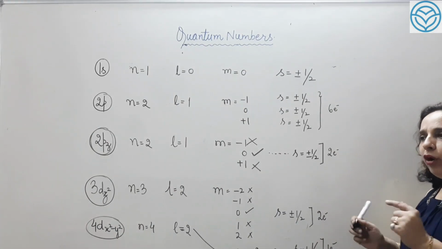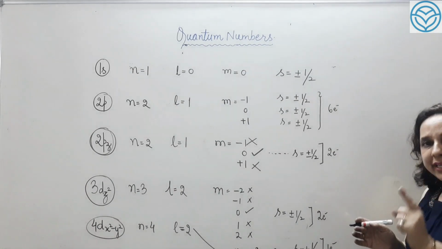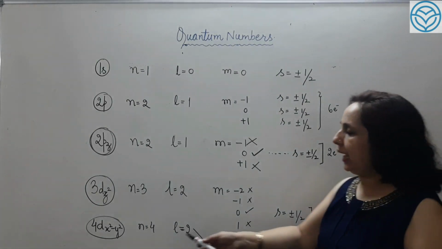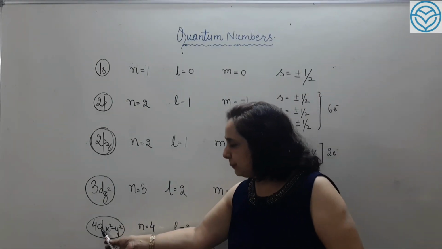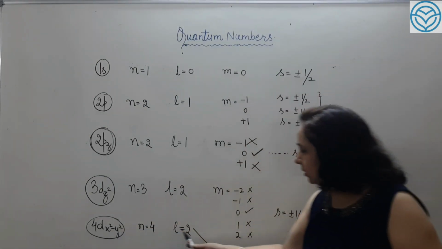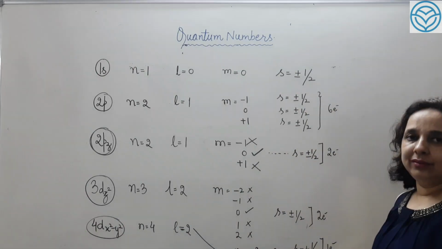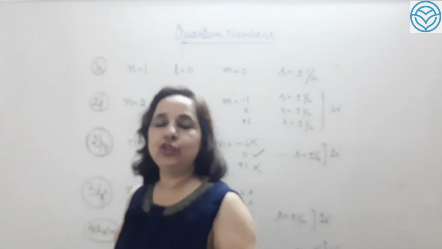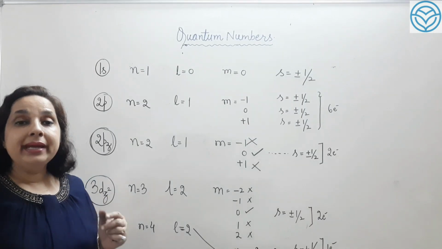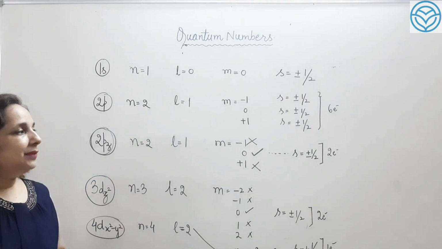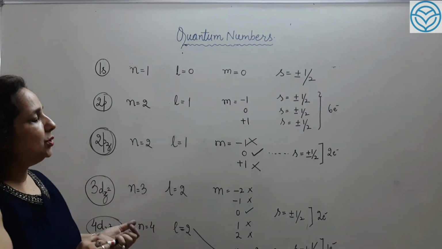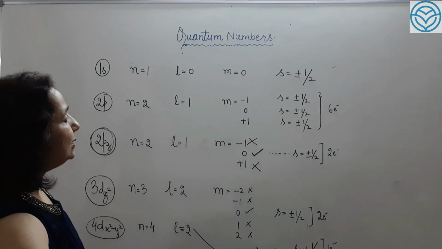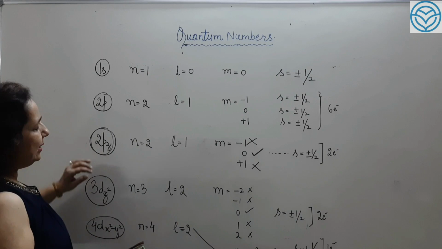It means if I want to reach a particular electron, I must know which floor, which subshell, which orientation and what is the spin. Only then we can reach exactly a single electron in an atom. We can locate that electron in an atom. So that's all about your 4 quantum numbers. We have done 4 quantum numbers, N, L, M and S.